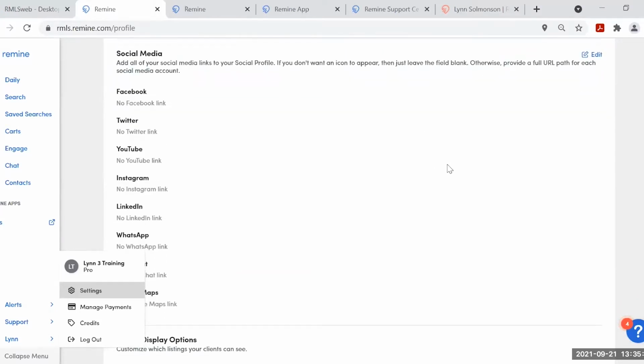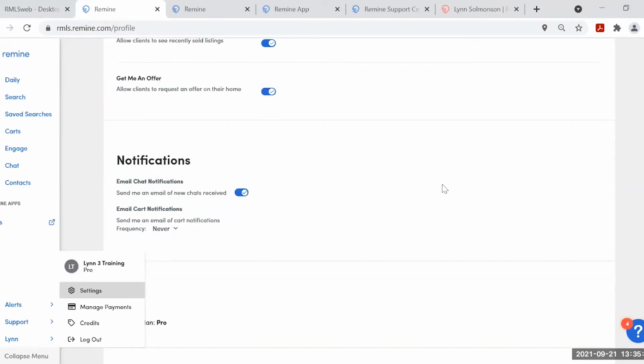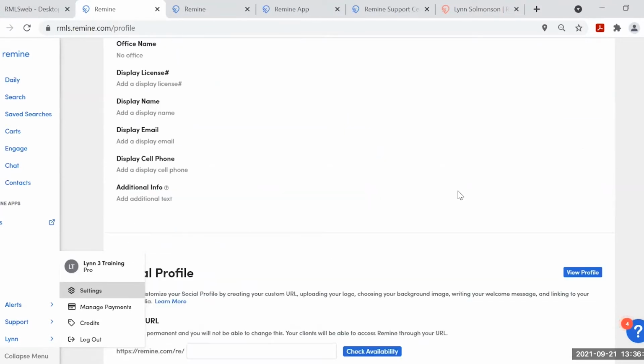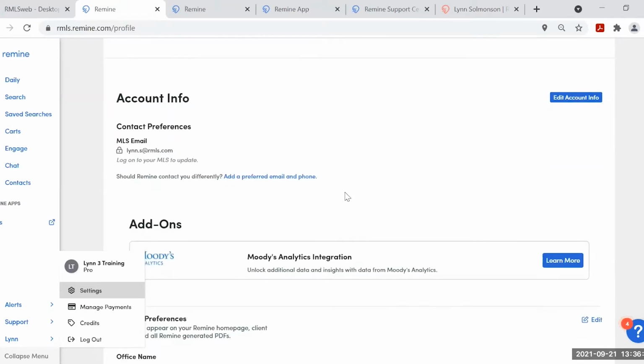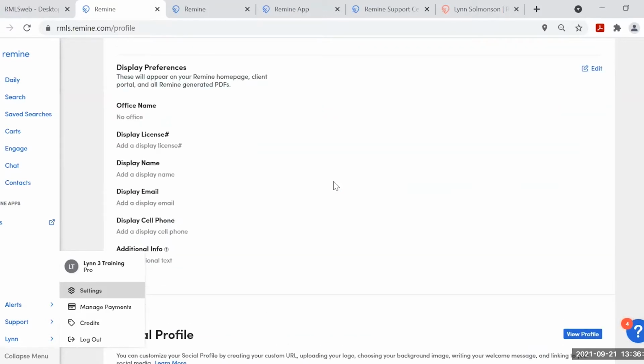You can add social media, again, edit in the upper right-hand corner. So you might just want to visit settings in here. If you think at any point you may want to interact with clients in Remine, definitely come in and capture that URL, because once yours is taken, nobody else can have it. So I think at least that piece you want to definitely do.